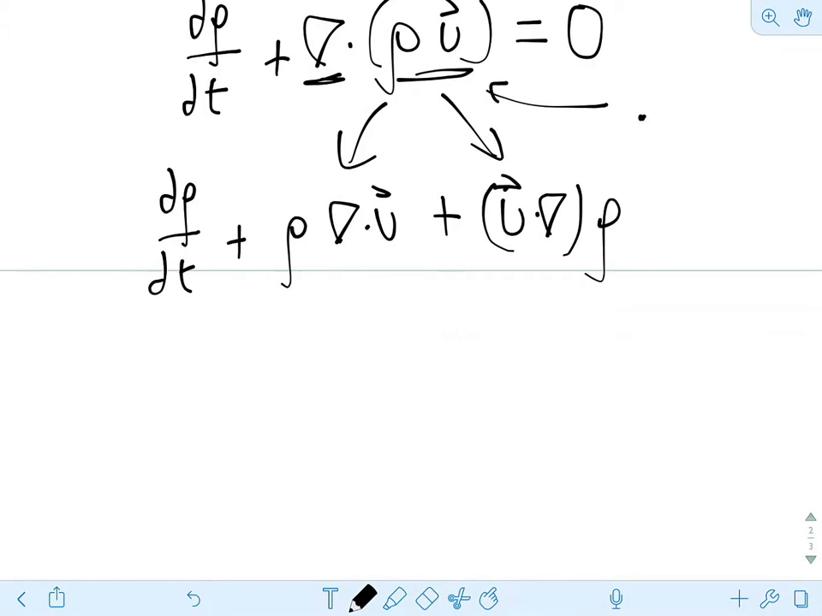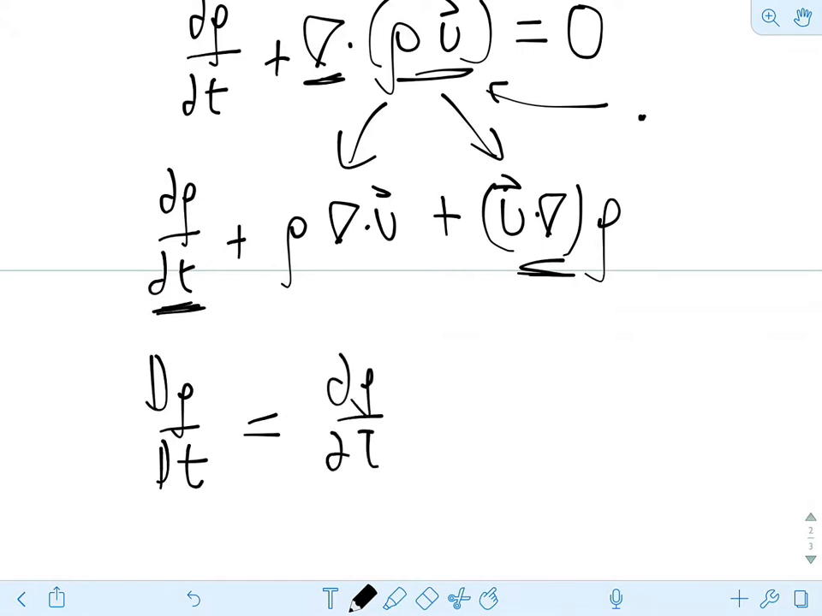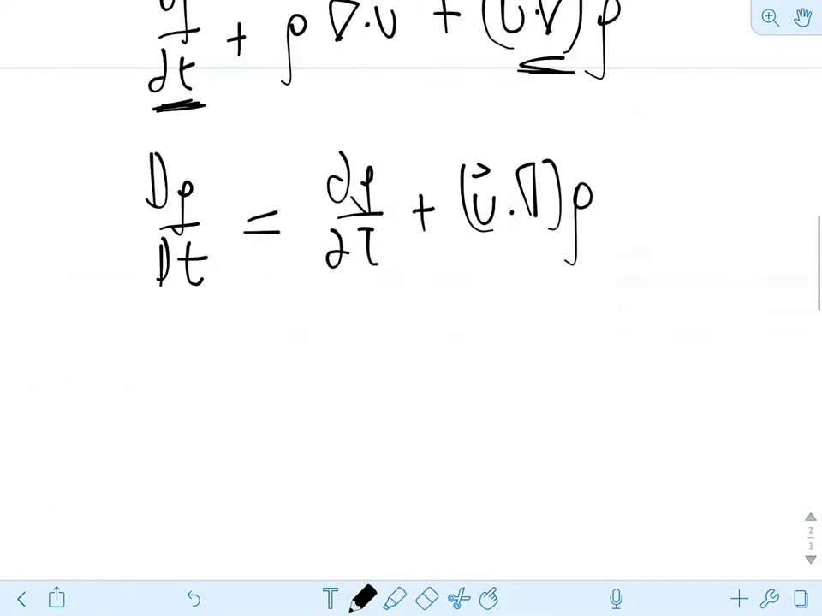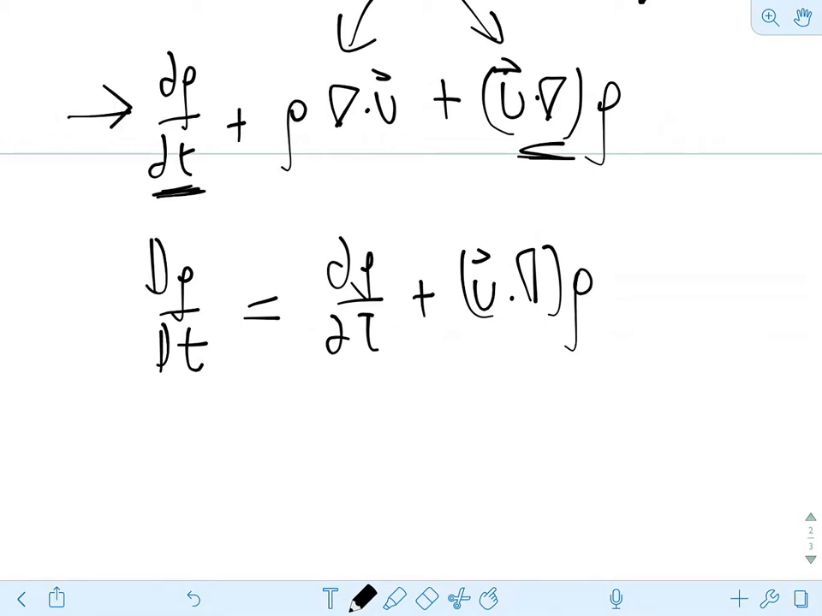And this thing right here is the total derivative. So we can write this part as d rho dt, the material total derivative, which is equal to partial rho partial t plus u dot del rho. So we can write this continuity equation as d rho dt plus rho times grad dot u